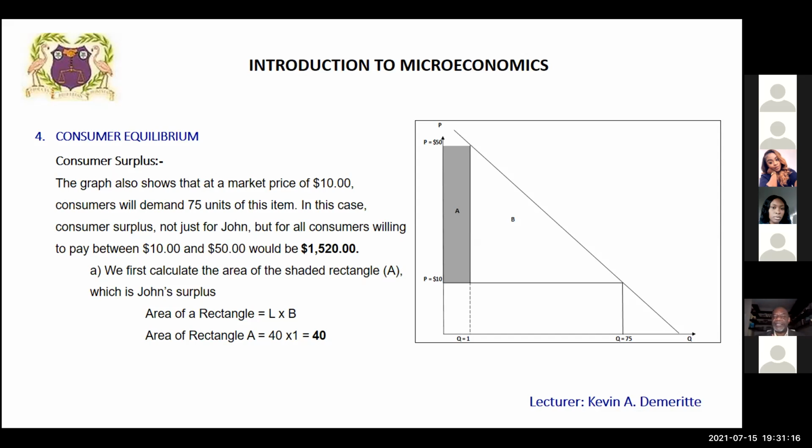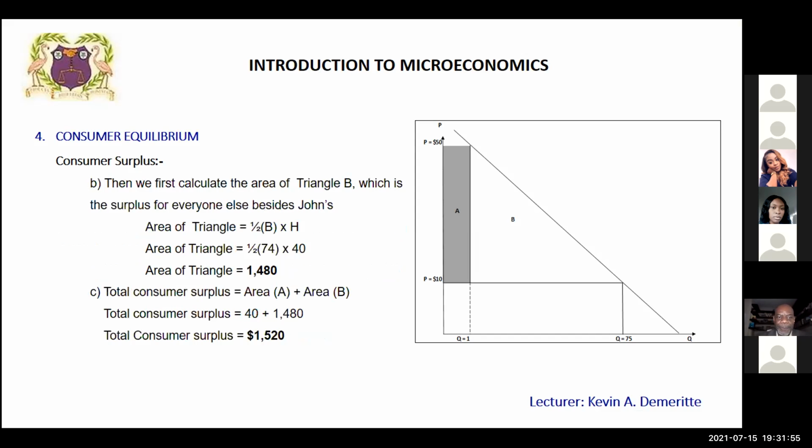Now, before I do the calculation, I throw it out there that I think that's going to be 1520. I worked it out ahead of time. How do I get the 1520? Well, first we calculate the area of the shaded rectangle. That's John's surplus. The area of a rectangle is length times breadth. The length is 40 because it's 50 minus 10. And it's 1 item, so it went from 0 to 1. That's how we got John's consumer surplus. But for everybody else,